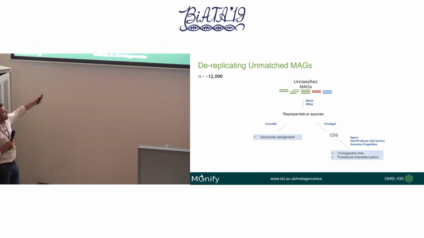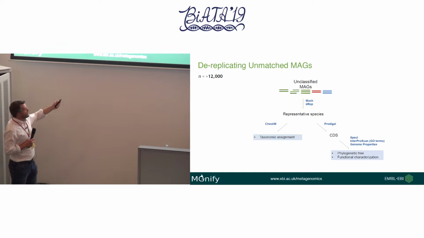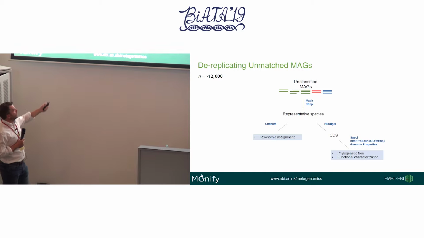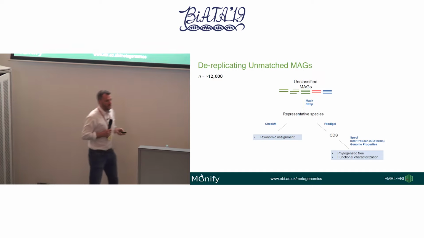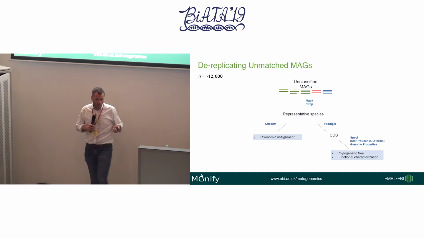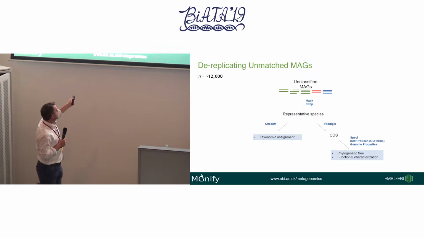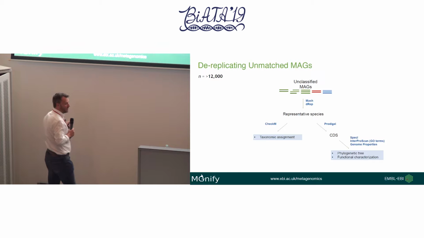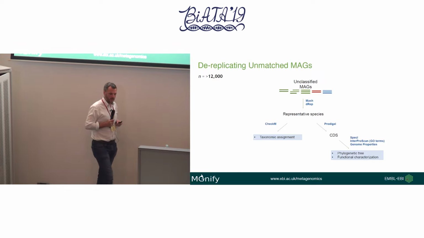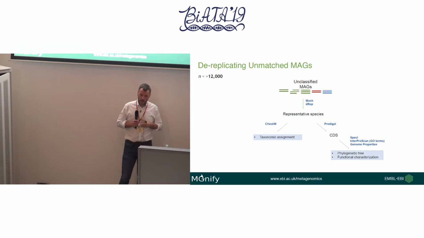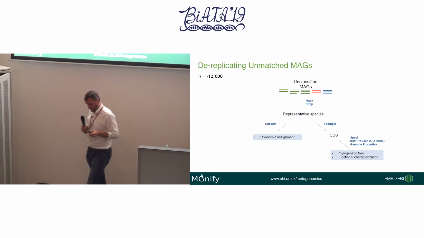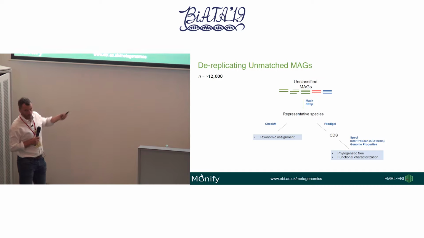In the case of the green one, typically what you'll be looking for is the one that has the most completeness of the genome. So it uses CheckM again and chooses the very best one. It uses some other metrics, and it tries to minimize the contamination. Once we had that representative species, we could again look at the taxonomy assignment. But we could also do some more analysis. We could use Prodigal, and then start looking at the phylogeny of those. We can take a set of marker genes to have a species tree. We can't use 16S because it doesn't consistently assemble out, and we can start looking at the function of those.